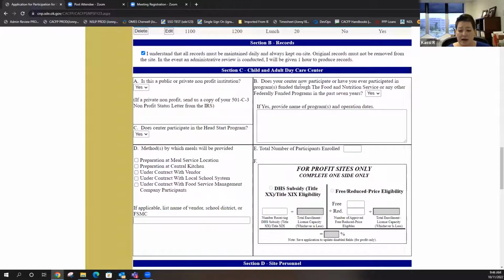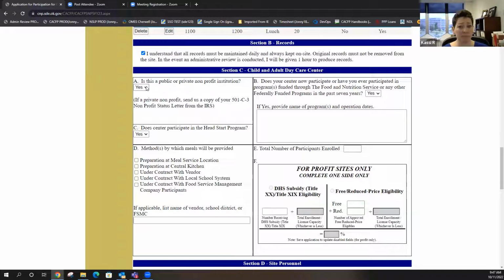Section C, we made a little bit of change down here, but we also slid this word in here. We did it actually last year and tried to clean it up. Somewhere last year we changed it, and it used to just say, is this a private nonprofit institution? But we changed it to, is this a public or a private nonprofit institution? Because if you're either one of those things, you're exempt from having to have certain requirements, like this 25% eligibility.